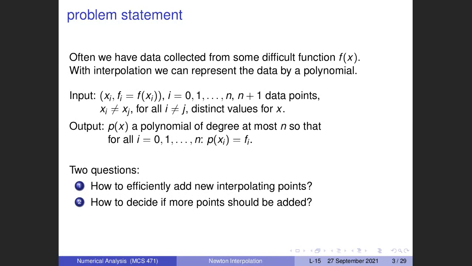We have data and we want to compress it, or represent it by a much simpler function. And the simplest functions are the polynomial functions that we will be using. We can also see this as having some difficult function that we want to replace by